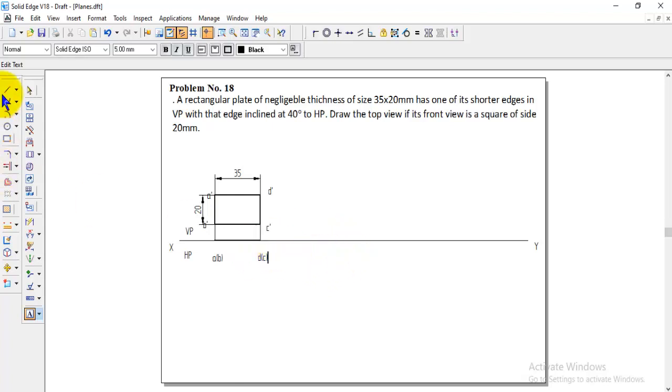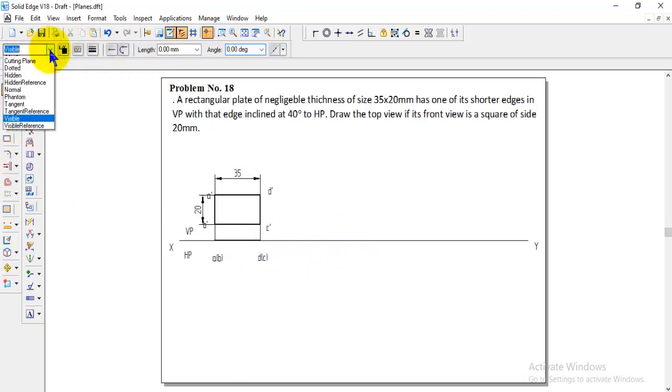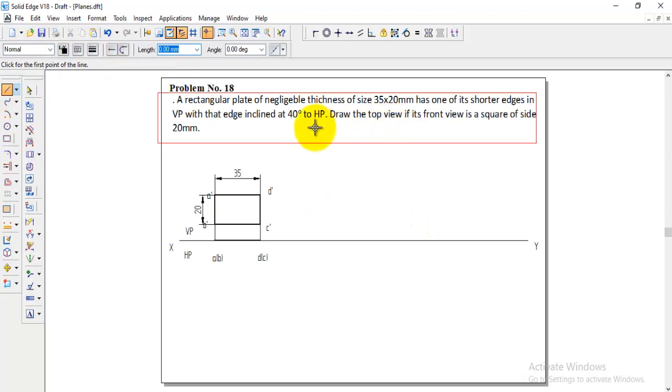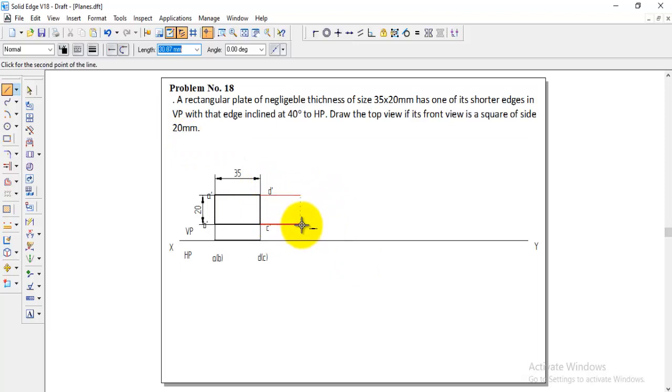Okay, next step. In the next step, this rectangle becomes a square of side 20 as given, so we can just extend this line here, and then we can directly get the square by giving the same, enter 20, enter 0, and that should be placed at the end of this line.